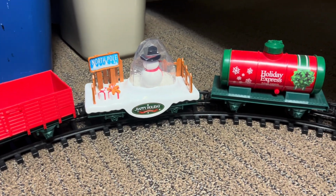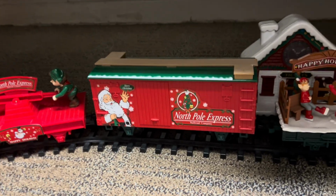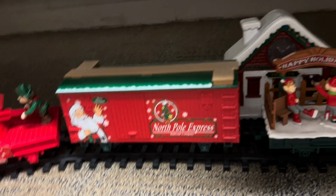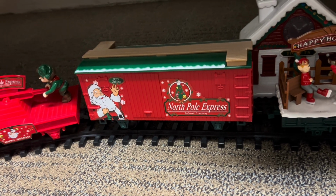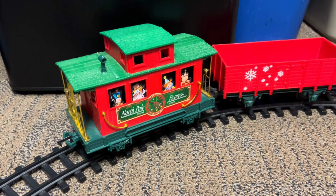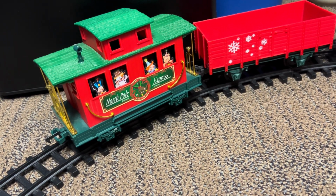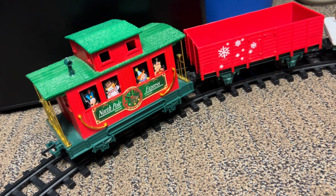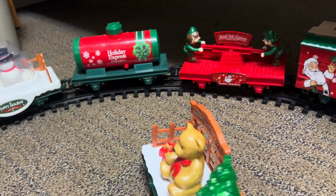They did make a different version of the snowman car and a light-up boxcar. This one does not light up, FYI. And they've also made a bunch of different cabooses. Honestly, I'm just happy with the original set I got in the first place. So, let us review